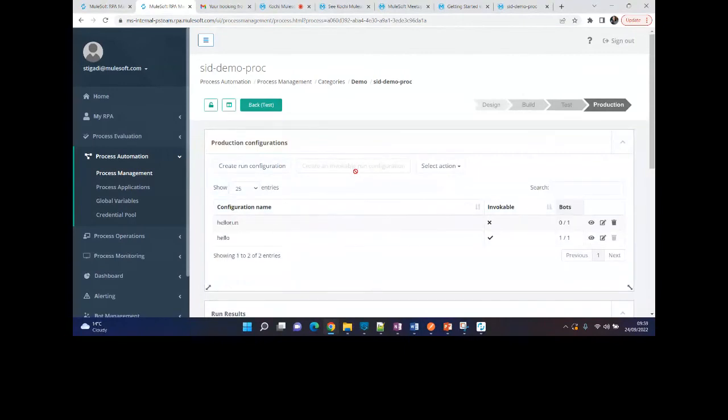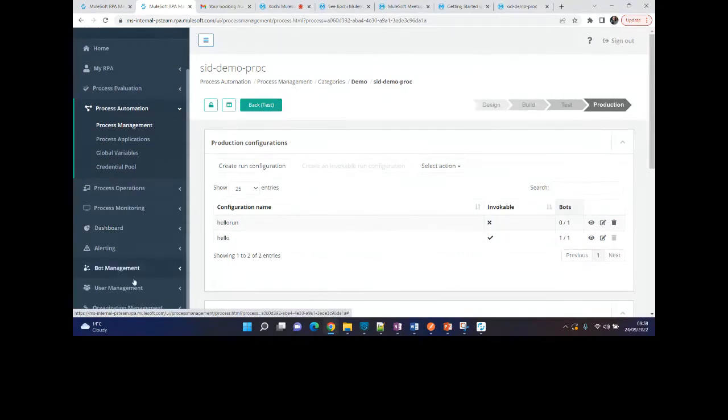If you see this process, there's an option which says create an invocable run configuration. You should configure this. Only once you have done this will it get published to the exchange. So these two things are important.